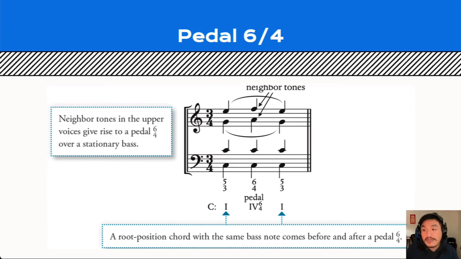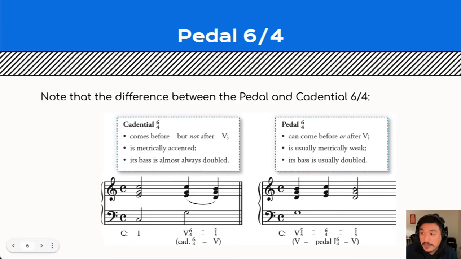And so a lot of those held notes, especially towards the end of a piece, in the coda section, you'll have the organist holding a pedal on just the tonic usually, or the dominant or the tonic. And with that pedal, it creates different types of dissonances with everything happening on top. And so from that idea, we're also calling a held note in the bottom a pedal that causes a 6/4 chord, a pedal 6/4, right?